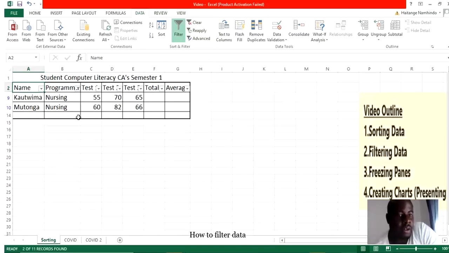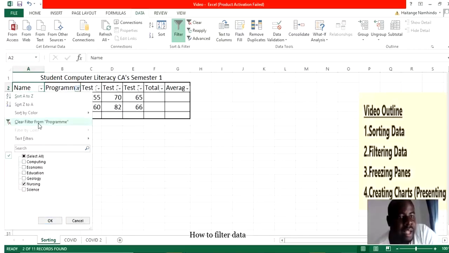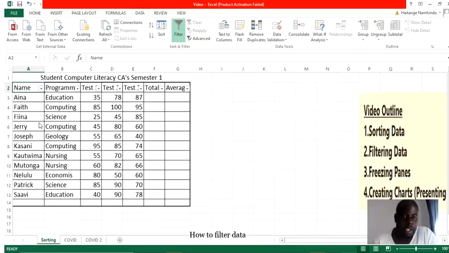Okay, and then of course, if you look now under program, you'll see there's a filter applied. So you may click on that and clear filter to revert or retrieve your original data. Okay, which means filtering actually temporarily hides data and only displays the specific one you want to work with. Okay, you may also perform filters with numbers by selecting